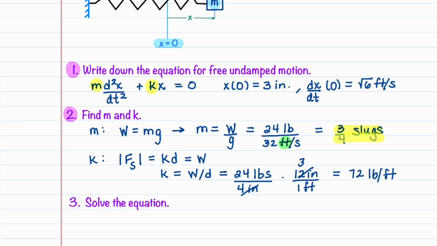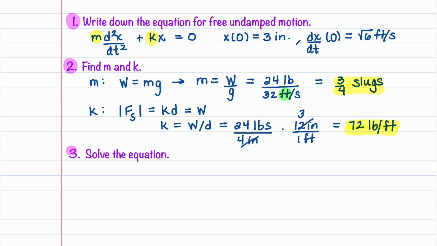I'm going to go ahead and highlight these because we're going to need them in just a second. What we have to do now is solve the equation. Let's begin by substituting the values that we just found for m and k into our equation. This gives us 3/4 d squared x dt squared plus k, which is 72, times x is equal to 0. Let's multiply everything by 4 and divide by 3, and that gives us d squared x dt squared plus 96x